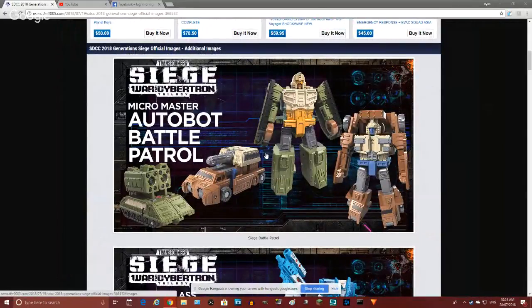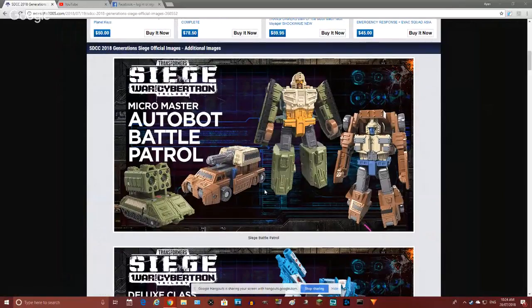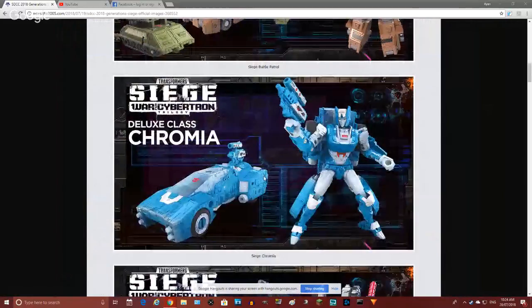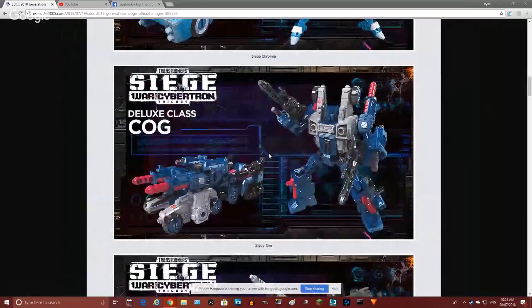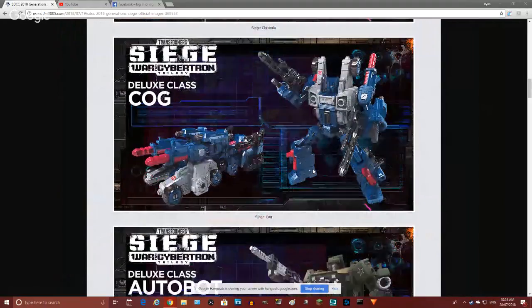And also we have Micromasters introduced back into the Transformers series. We have Battle Autobot Patrol, and we have new Deluxe Chromia, which looks a little bit similar to the Power of the Primes Firestar, but it looks more Cybertronian. Just the way the vehicle mode looks reminds me of that. Deluxe Cog. So the interesting thing about Deluxe Cog is that he can disassemble into ultimate weapons for any of the other figures, which is a really cool idea. It's kind of like a